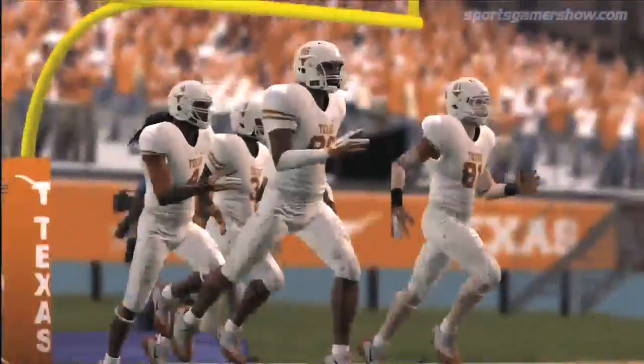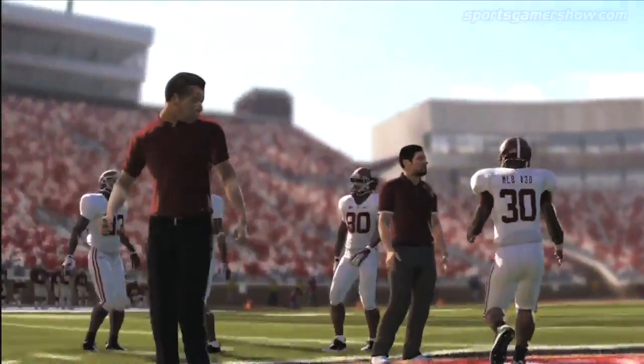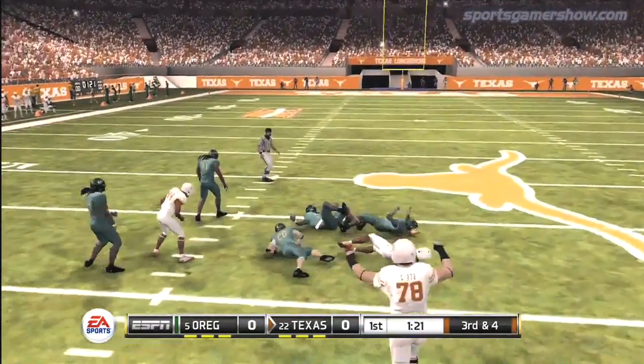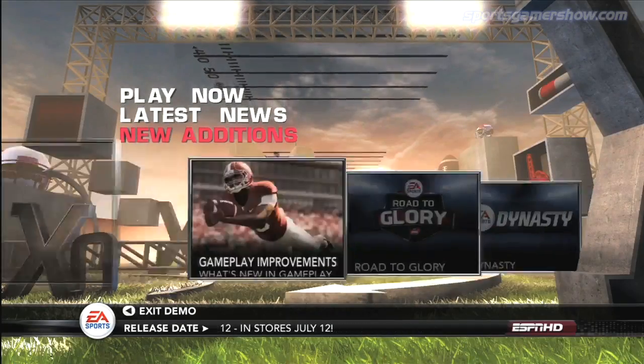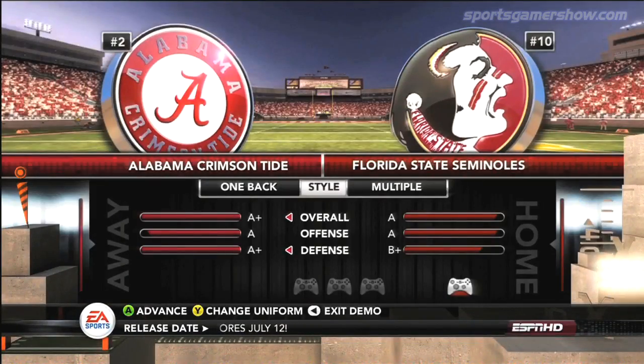NCAA Football 12 demo is here, and it's important that it provides gamers a positive impression of the game, considering the fact that it had no presence on the E3 show floor earlier this month. Although this year's demo isn't as ambitious as last year's, the demo features two separate matchups, Alabama at Florida State